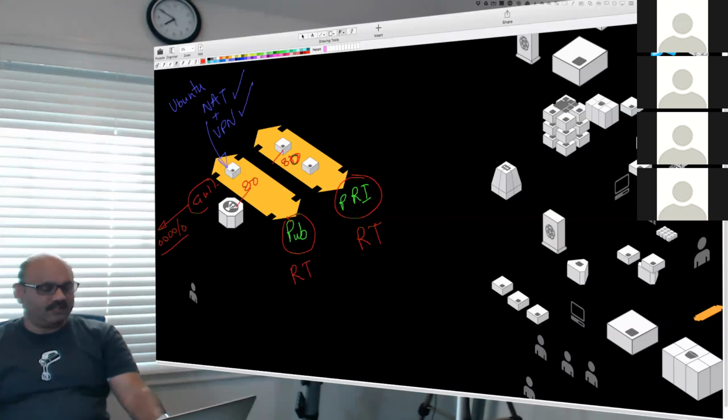But if you want to run something on a non-standard port like 81, that is possible. You just have to write the application so that it actually works on that port 81. And then the load balancer will respond on 80, and these guys will respond on 81. That is totally fine as long as your application supports that. In our example, the application responds on port number 80, and so we like them to talk to each other on the same port. That's what we are defining in that example there.